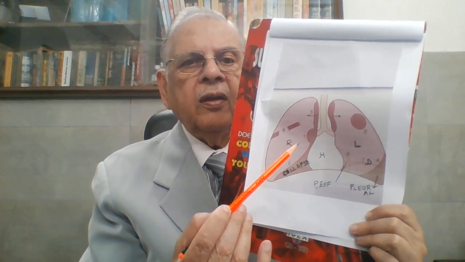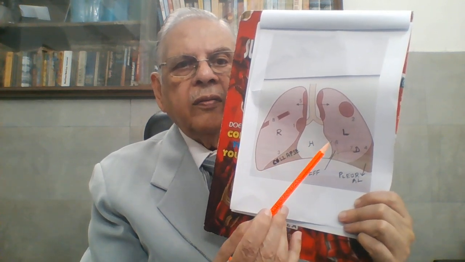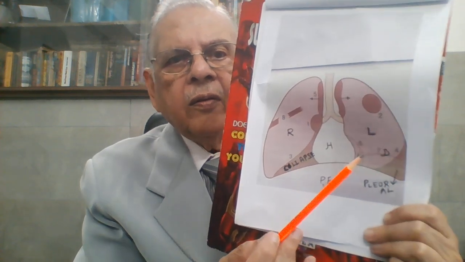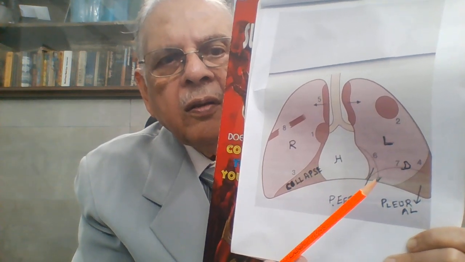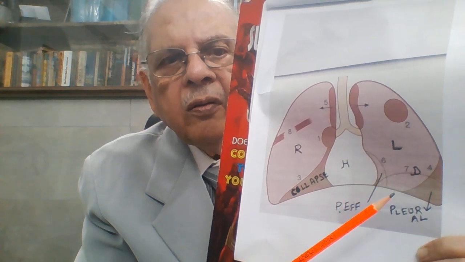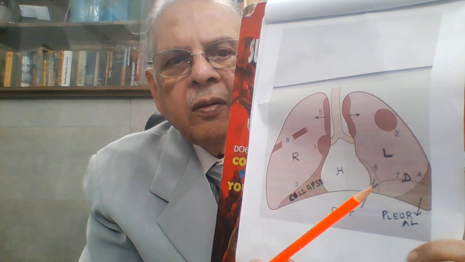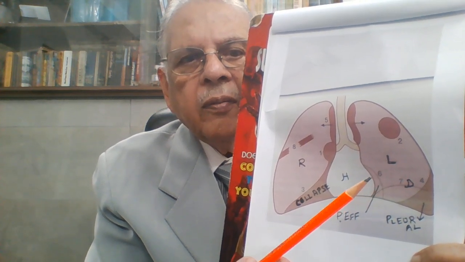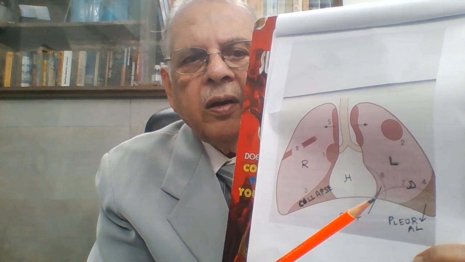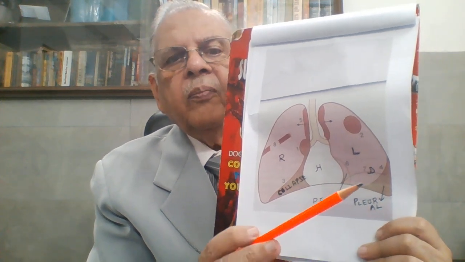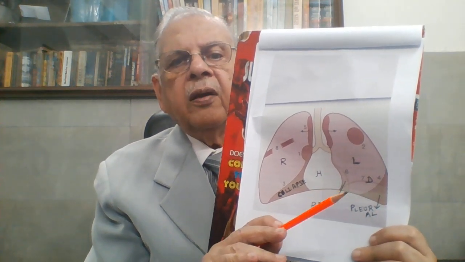If we see the heart, see this line showing. See, now it is more clear. See this line. This is the border of the heart, and there is another line which is making like this. This is called pericardial effusion. Around the heart